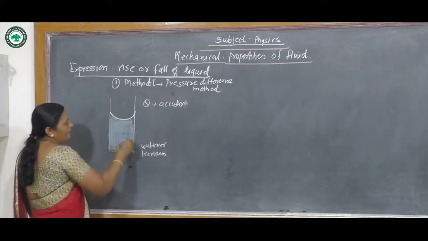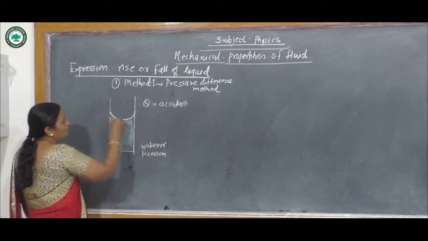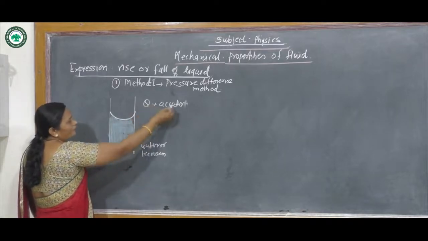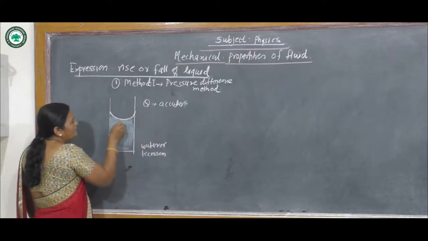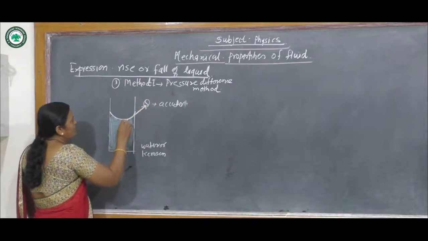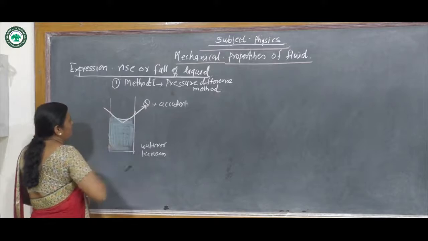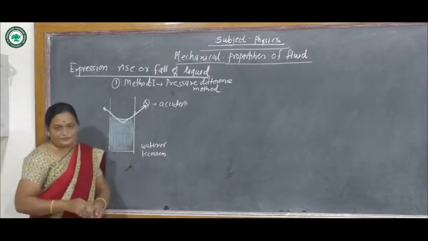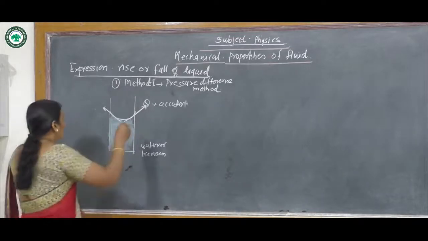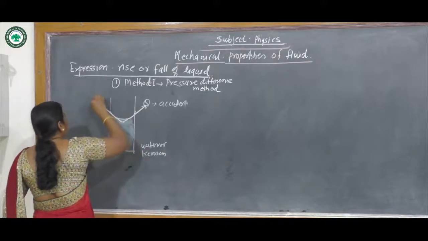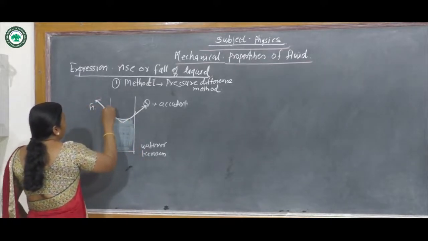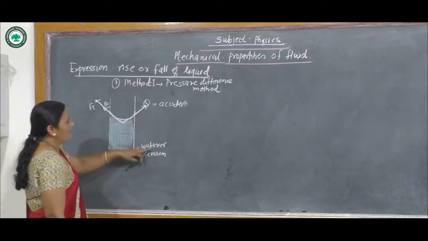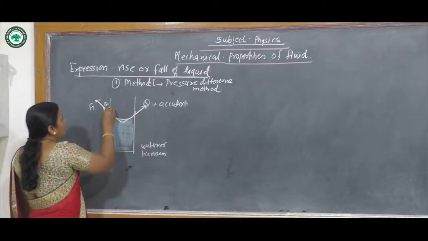Now, suppose this capillary is dipped in water or kerosene, the upper meniscus of the liquid, or free surface, is concave. Now the angle of contact is acute. Draw a tangent to this surface. Suppose this is the tangent to this surface, and this is also a tangent to this surface. This tangent to the surface represents the force of surface tension. Now see, suppose this is the force of surface tension, Ft, and this angle is called the angle of contact. In case of water or kerosene, it is acute.